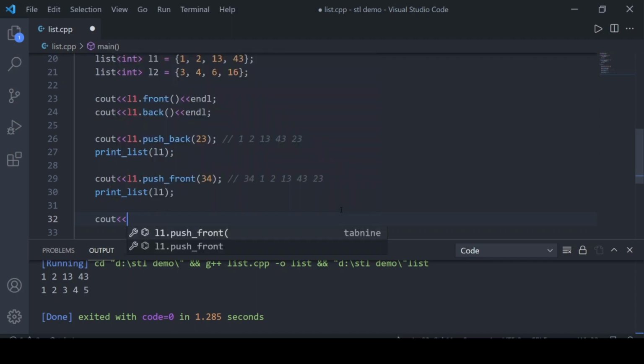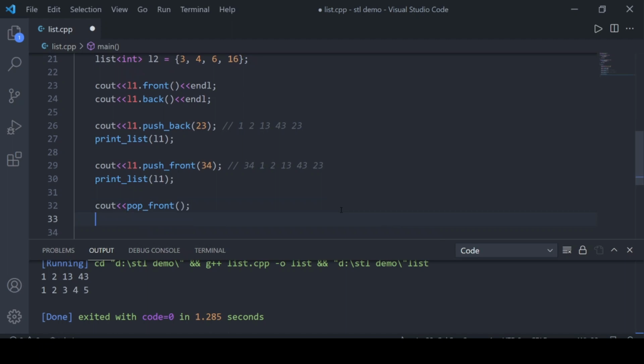So we can pop the elements also, we can pop the front by L1 dot, meaning list name dot pop front. Now if we print the list, the list would have become 1 2, similar to the one here.